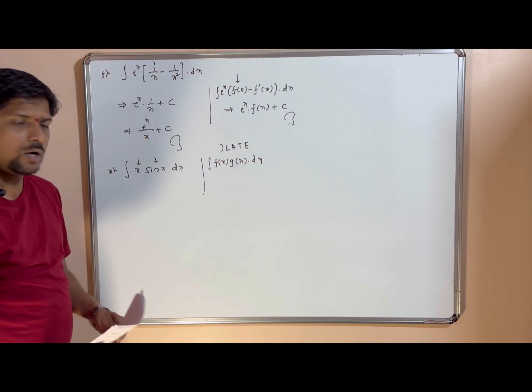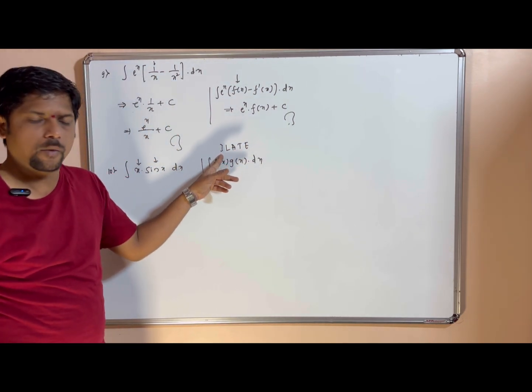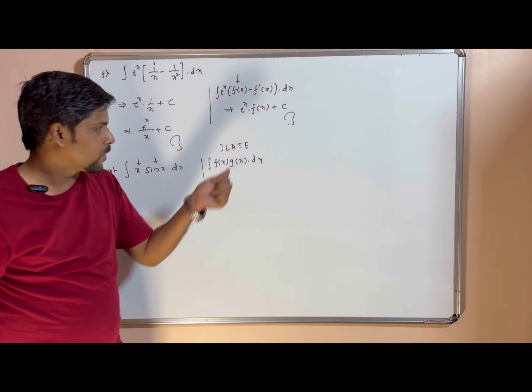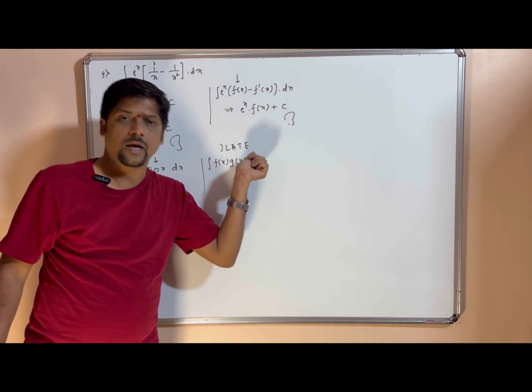ILATE rule, what is it? I is inverse trigonometry, L is logarithm functions, and algebraic function, trigonometric function and exponential